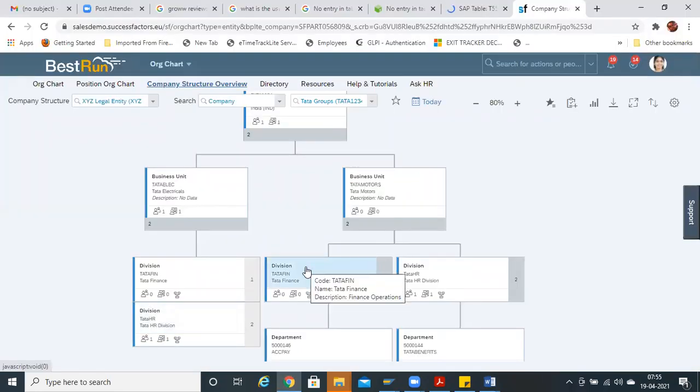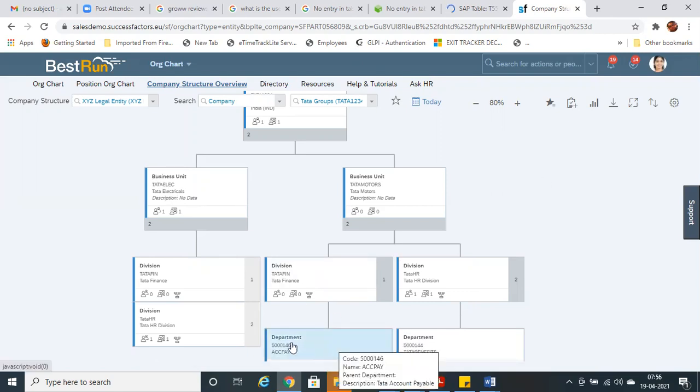But as per requirement, you may not have divisions. You may have only the business unit. Company wants department also, or you may have all the four objects. But if you want to associate it with any other, you may want to subdivide it as sub department. Then you can create a custom object called sub department, and you can associate it with department. So this is the tree structure. Basically, we'll be looking in the